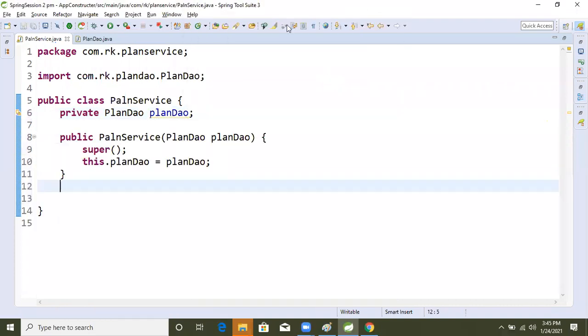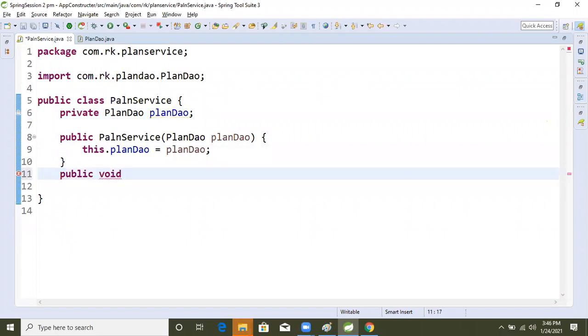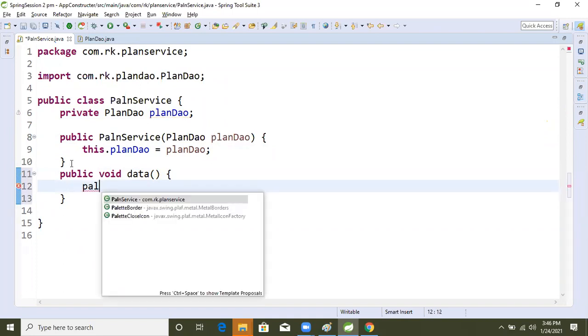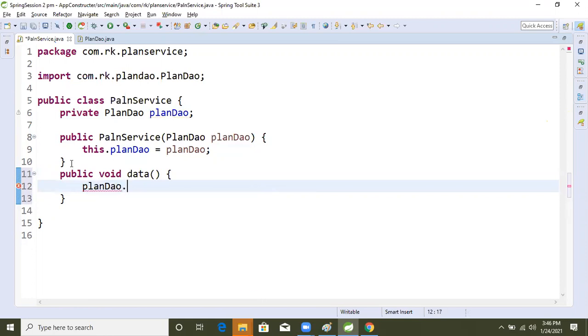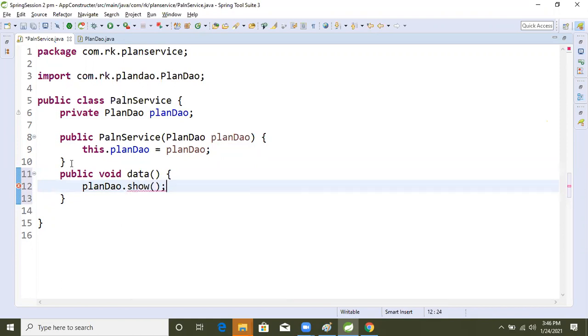After that I will write one more method here, public void data. I will call this method and we will see whether we get the result or not. So planDao dot show, the show method that I took in that class.